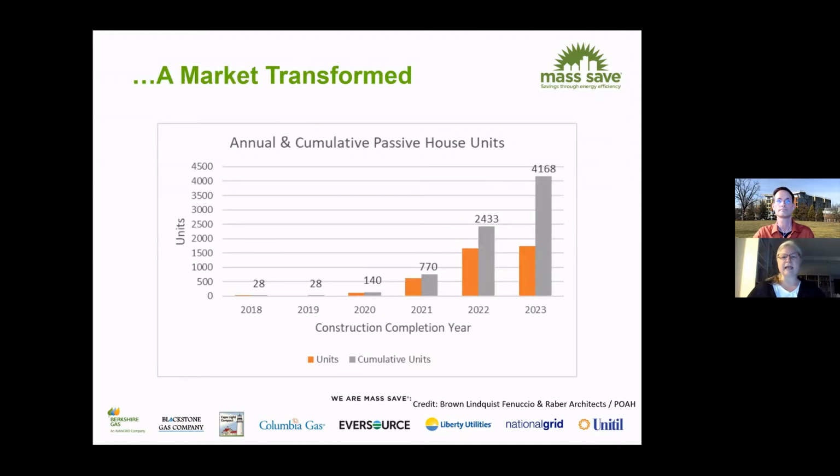And this is looking at really the same information annually and cumulatively. So we're beginning to develop our hockey stick here. This is some pretty incredible growth. At the end of 2023, fingers crossed, we'll be at over 4,000 units. Given the realities of the world, I can imagine that a lot of these projects potentially could be delayed. So they might not all book or complete in the year that we see here. And